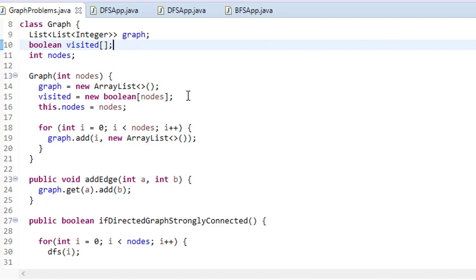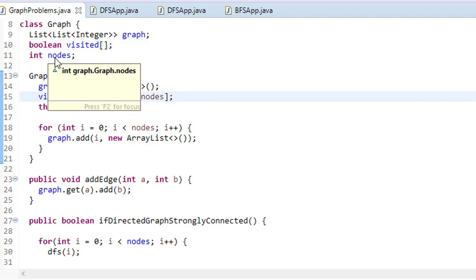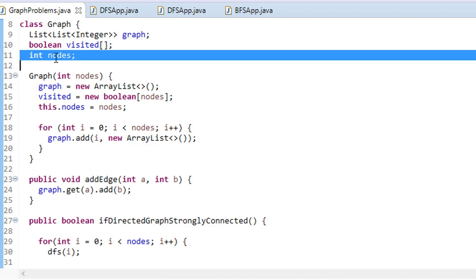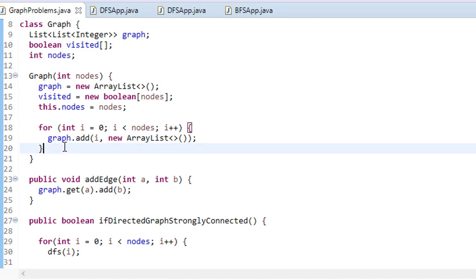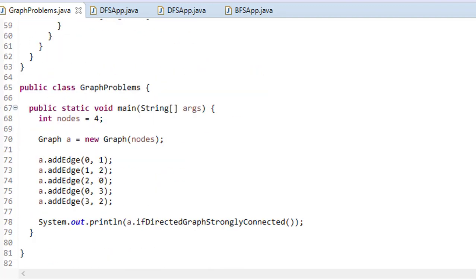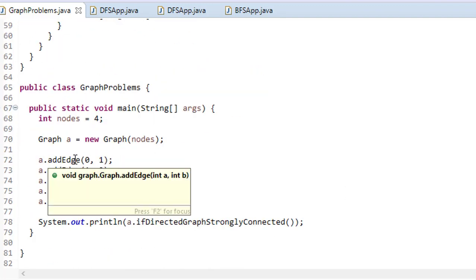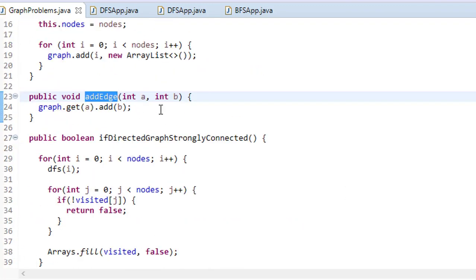So then I'm initializing these nodes, and then I have this, how many nodes I have. Now if you see, for each vertex, for each index in the list, each list is representing a list. So at the starting, what we are adding is that we are creating a new array list for this particular index. Now after that, once we have initialized the graph, then I'm adding the edges. Because this is a directed graph, you are adding the edges only once.